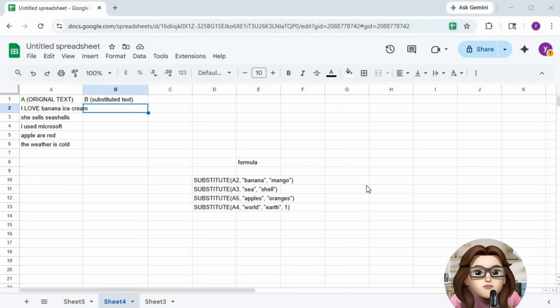In this tutorial, I'm going to show you how to use the substitute function in Google Sheets to replace text